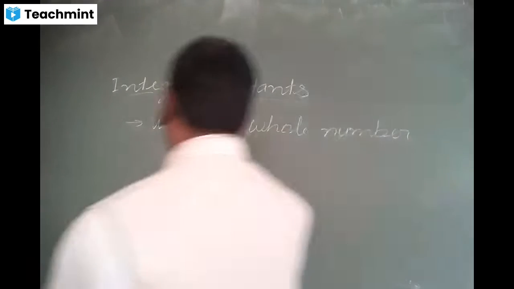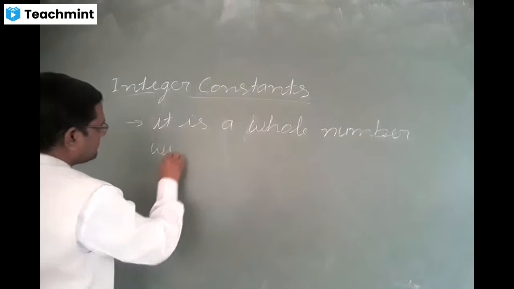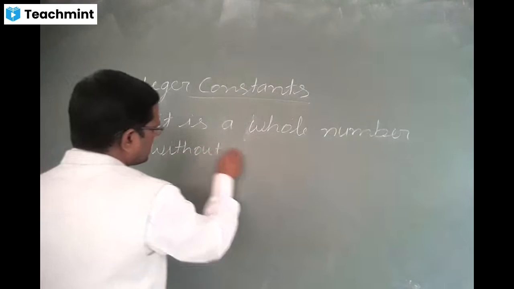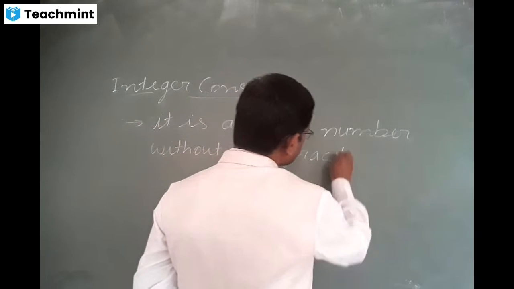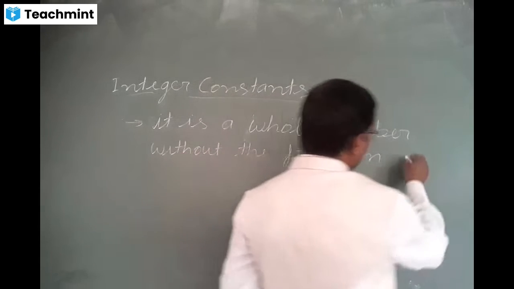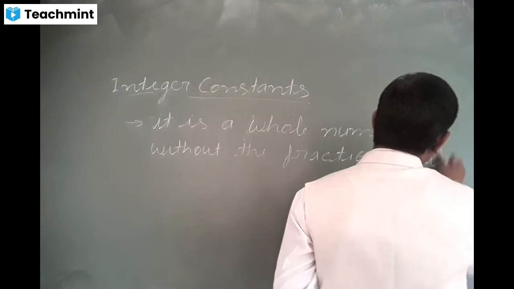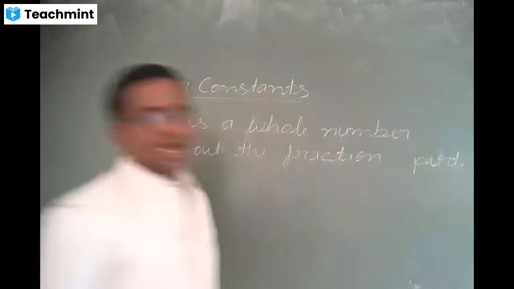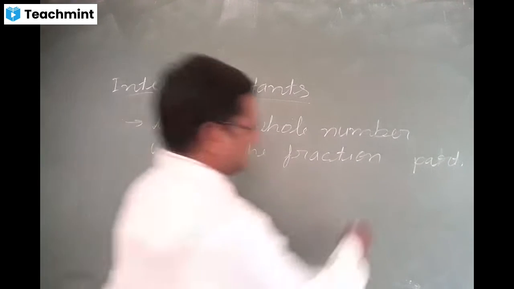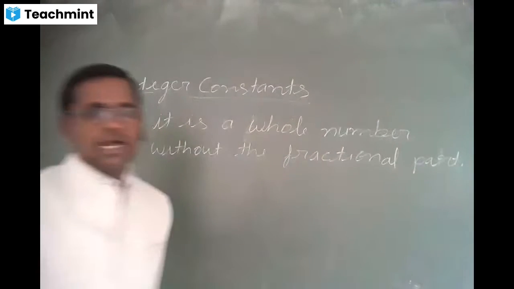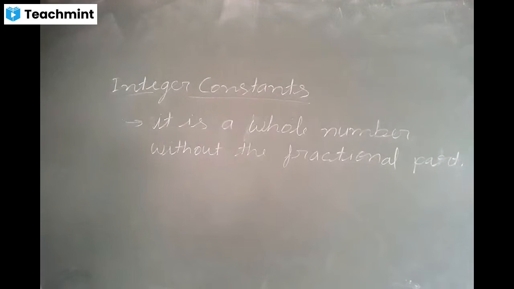A whole number, you can write here, is one without the fractional part, and that is called the integer constant. A number without the fractional part is known as the integer constant. For example,